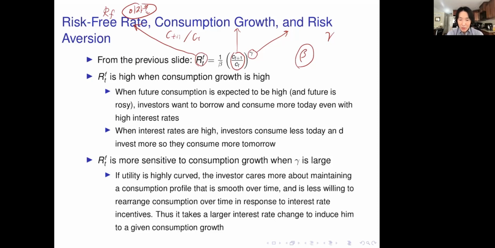여기 방정식에서도 볼 수 있듯이 consumption growth가 높을 때 이자율이 높게 되죠. When is that going to happen? Why is that going to happen? 자, 다음과 같은 경우를 생각해 봅시다. When future consumption is expected to be high, when is that going to happen? 미래 스테이트가 좋을 때, 경제가 발전할 거라고 생각하고 미래에 돈을 더 많이 벌 거라고 생각할 때 컨숨을 더 많이 하겠죠. 미래 소비가 늘어나게 됩니다. 즉 경제가 더 발전할 것 같고 미래에 더 소비가 많을 것 같을 때,